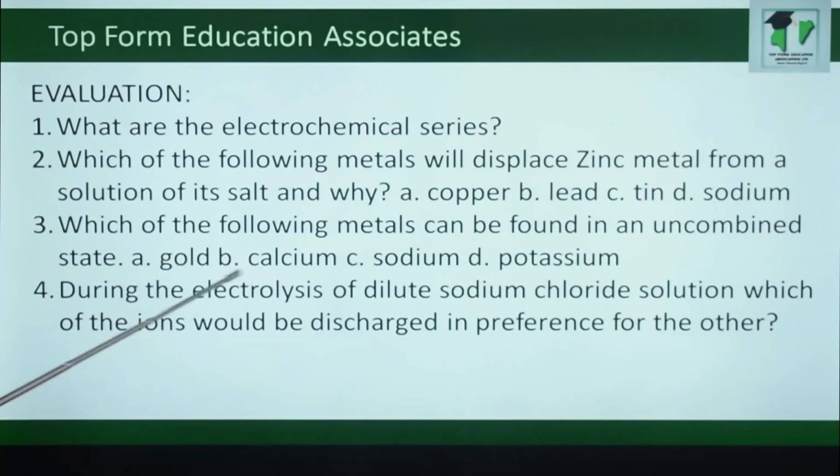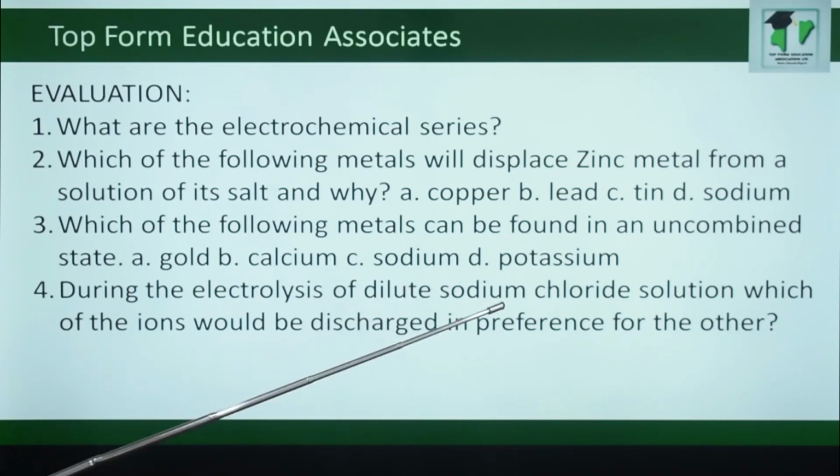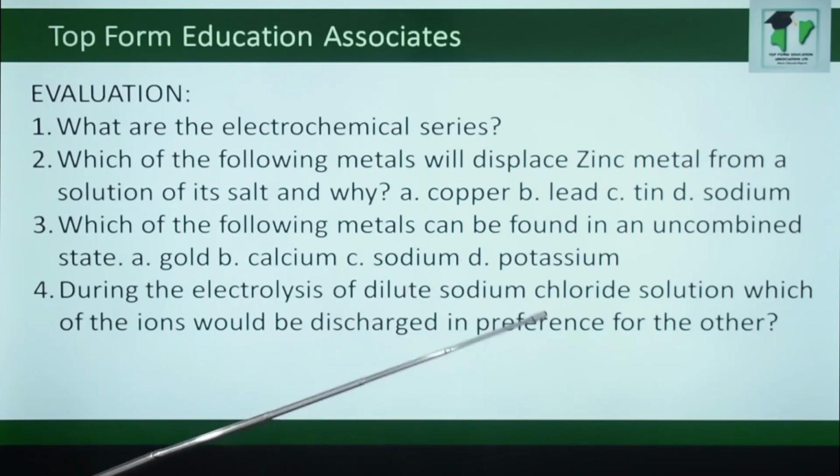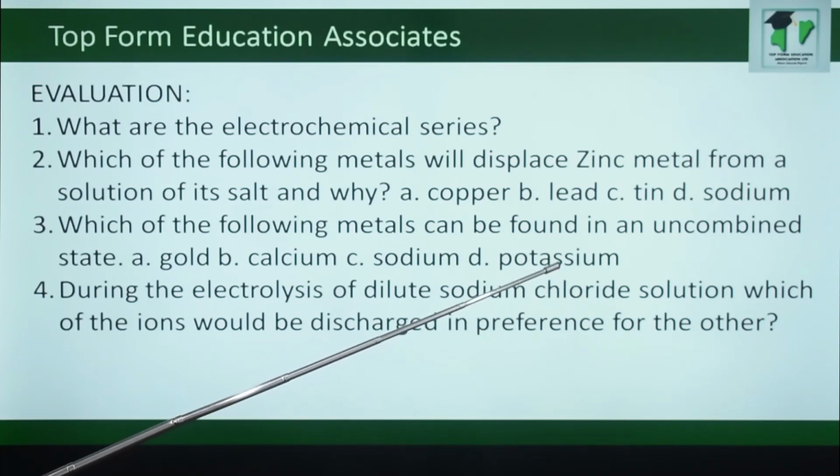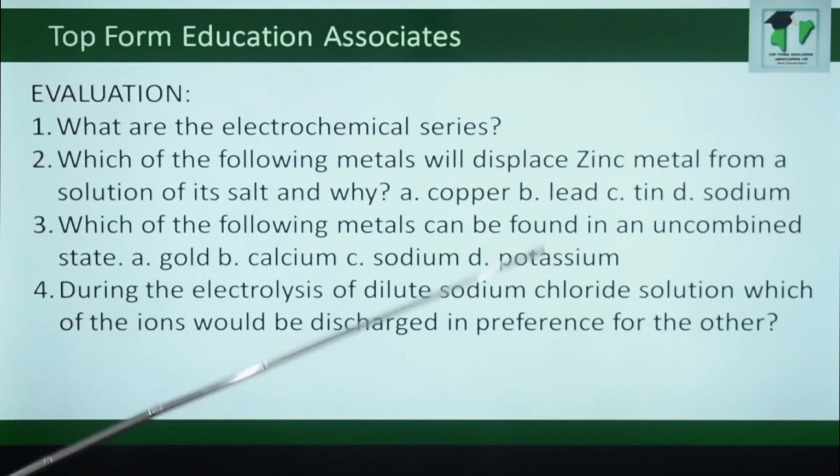Number 4, during the electrolysis of dilute sodium chloride solution, which of the ions will be discharged in preference for the other? In the sodium chloride solution, we have sodium ion, chloride ion, hydrogen ion, and then a hydroxyl ion. Hydrogen ion will be discharged in preference to sodium ions because sodium will tend to combine in the solution. Why hydroxyl ion will be discharged in preference to chloride ion? Because it is higher than chlorine in the